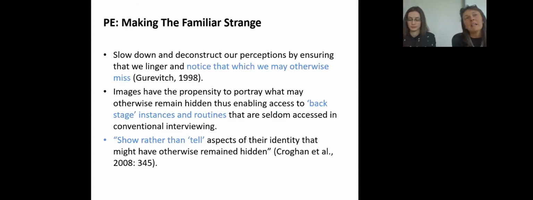And similarly, thinking about the ordinary and perhaps what is familiar and everyday. Photo elicitation makes the familiar strange. So it encourages us to slow down and deconstruct our perceptions by ensuring that we linger and notice what we may not otherwise miss. So it's this idea that when we look at a photo, we're really taking the time